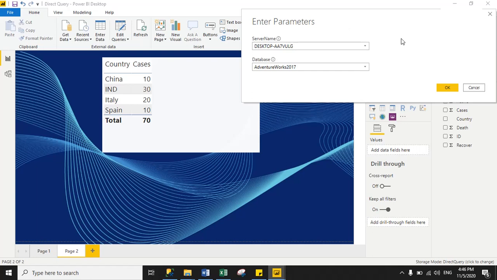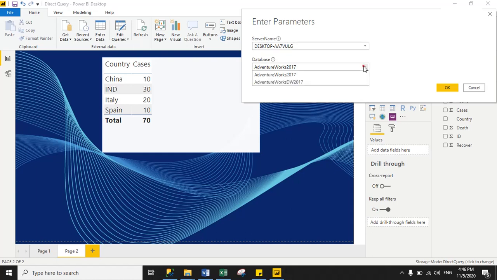Now in the drop down it is showing me two databases. One is AdventureWorks 2017, that is my development database name, and AdventureWorks DW 2017 is my production database. By default it is connecting with AdventureWorks 2017, and I have only one server name, so by default it is showing my current server name.